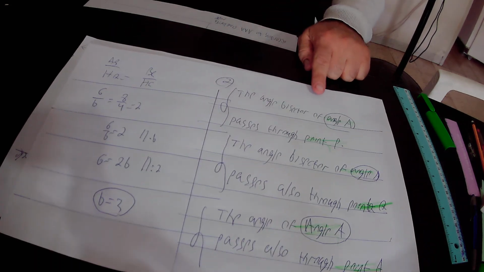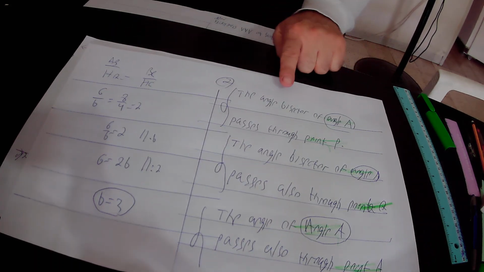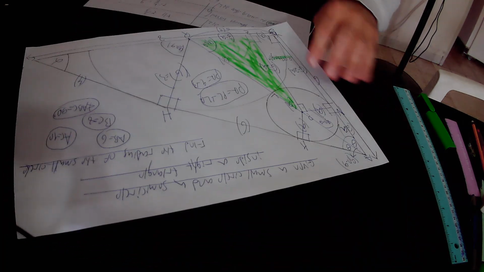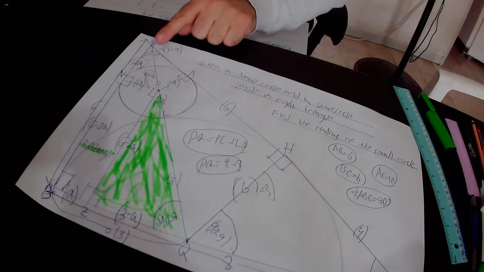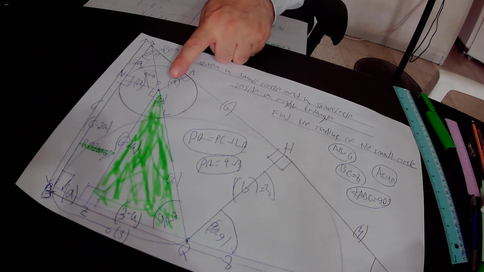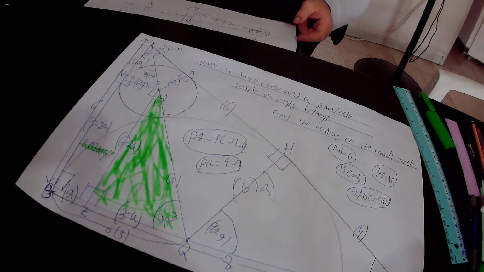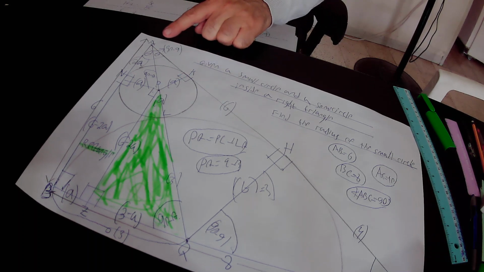The angle bisector of angle A passes through point P according to rule 15. Again, the angle bisector of this angle A passes through point P, that is the center of this small circle. Likewise, if you continue to focus on this common standpoint, point A,